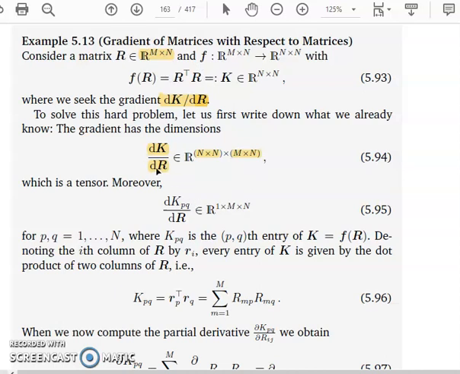The derivative of one matrix with respect to another results in a tensor with multiple dimensions, that is N by N by M by N.